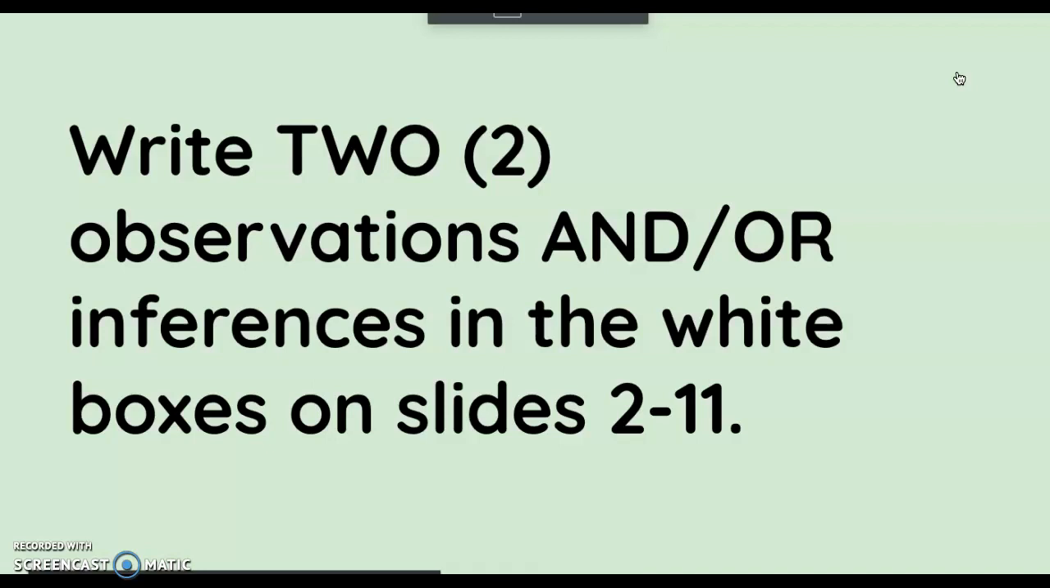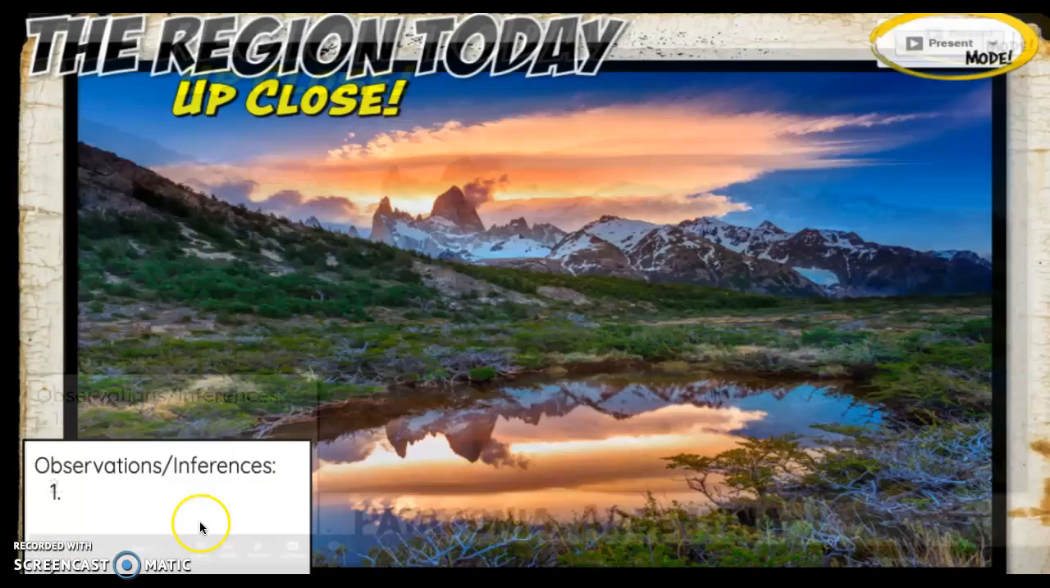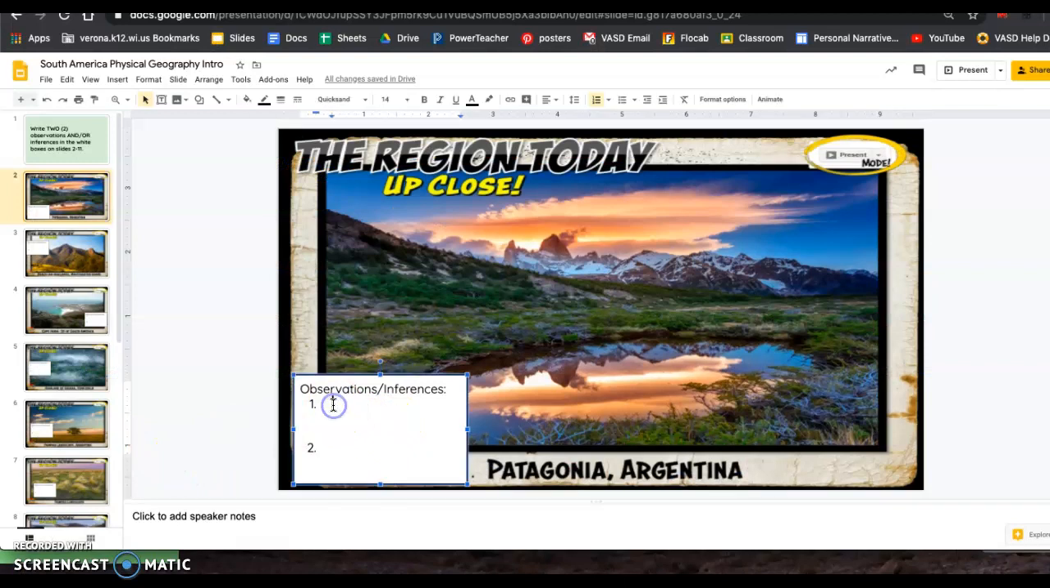So you're going to be writing two observations and/or inferences in the white boxes. So for example, if we look at this, this is Patagonia, Argentina. This is very South America, close almost to Antarctica, if you think of that tip. So I would type in observations and inferences. So for example, I could write,